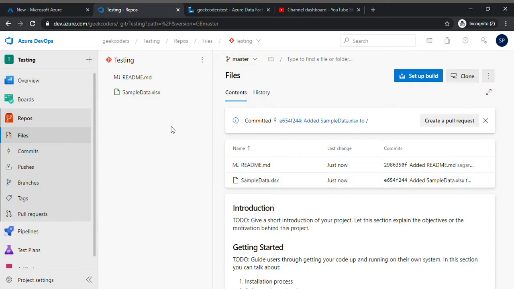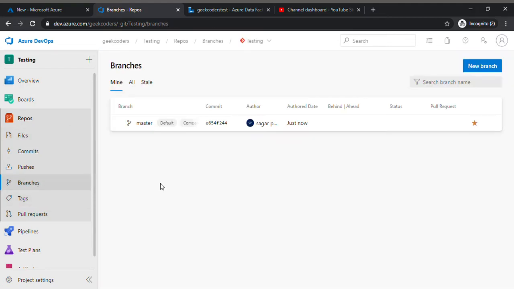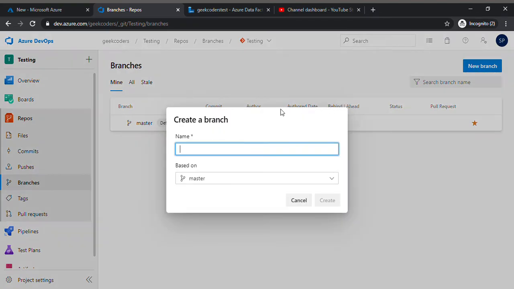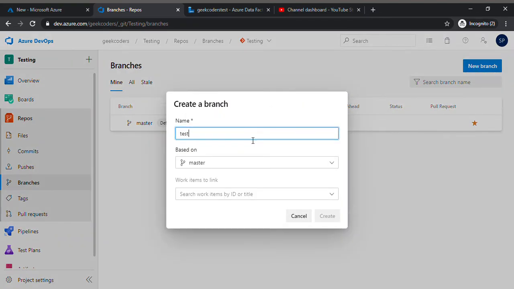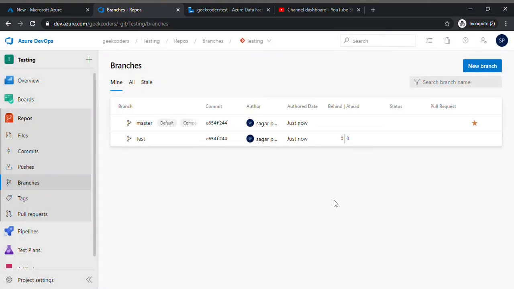So what I do, I create one more branch. Go to this branch option, go to new branch and write the branch name. Now this branch is created.